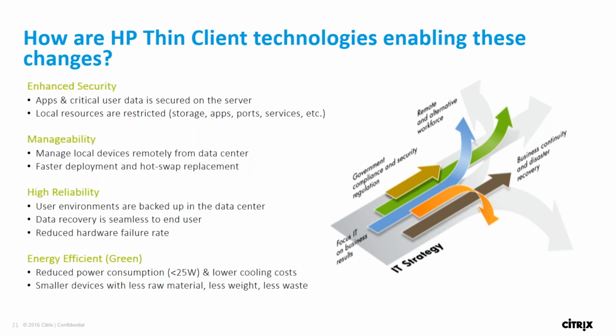Part of the cost of ownership promise of the virtual architectures relies on the ability to remove service incidents from the workplace itself. I did some studies a few years back. I know it doesn't apply to every enterprise, but the industry average is about $283 to visit a desk side. And so the fewer visits that you might have, the more impact that you would have on that total